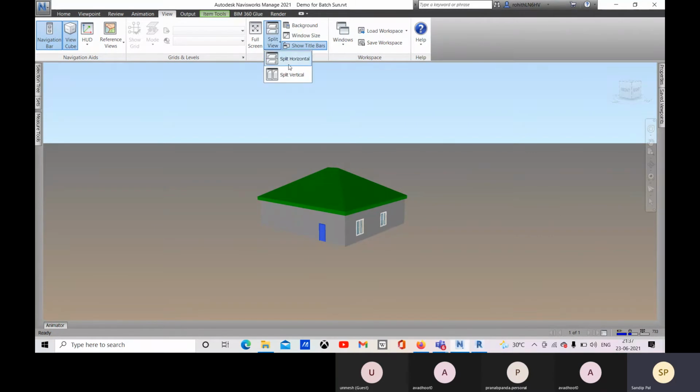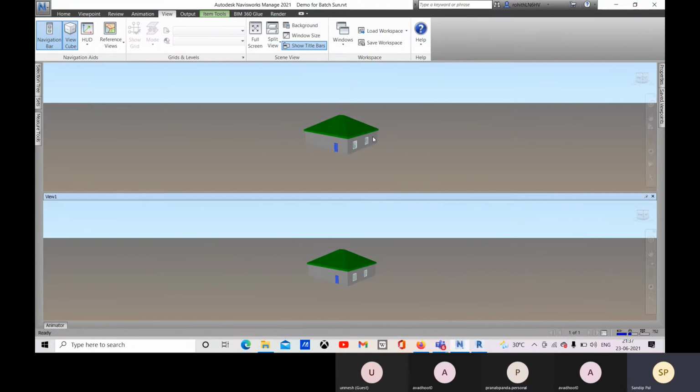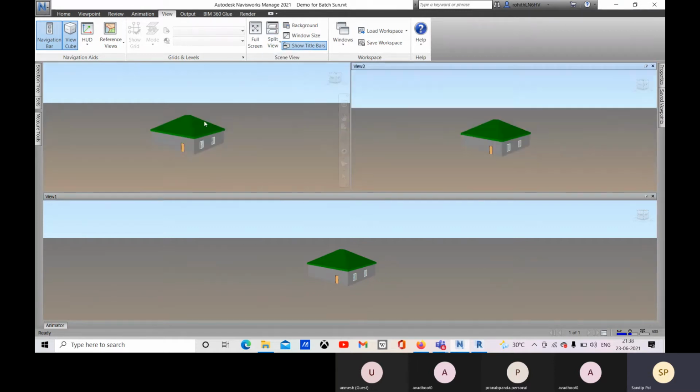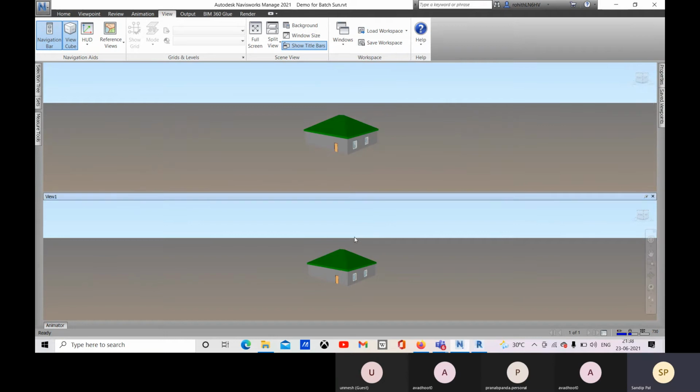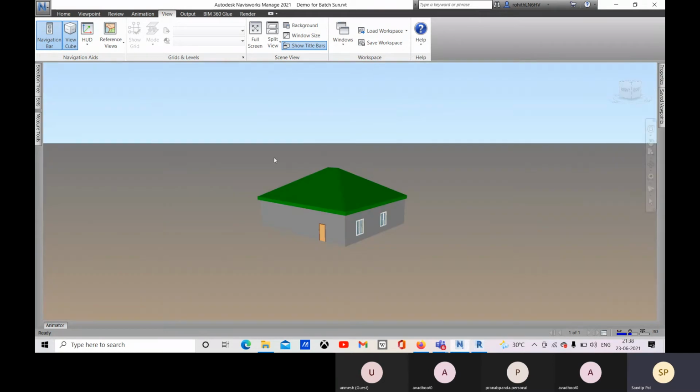So now you have another option to split this, and here you can see this is the original one and this new view is created. You can select this one and then again you can go for split vertical, and you can see that this one is created, and similarly you can create more. Okay, and just close this and just close this to get back to the normal.